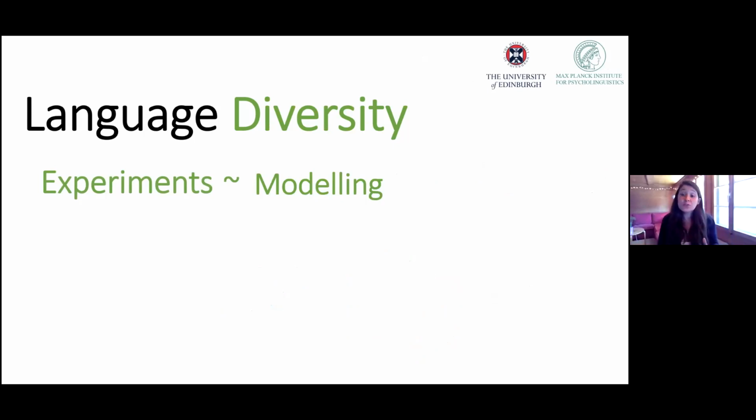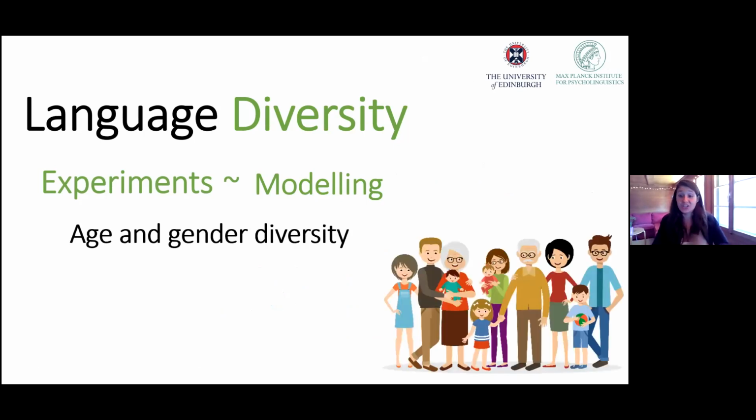The other one, which also tries to use computational modeling with the group communication paradigm, is the idea that we can investigate a lot of really exciting new topics on community structure. And in future work, and I'm recruiting a PhD student for this, we plan to look at how age and gender diversity shape the process of language formation and innovation. I think this is a really interesting question, because one of the most intriguing findings in sociolinguistics is that speakers' gender and age can really affect the process of language change.